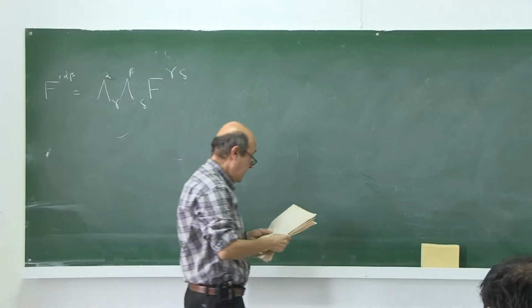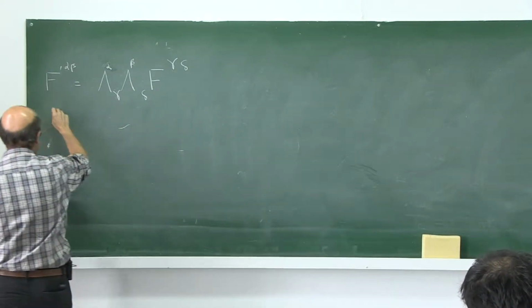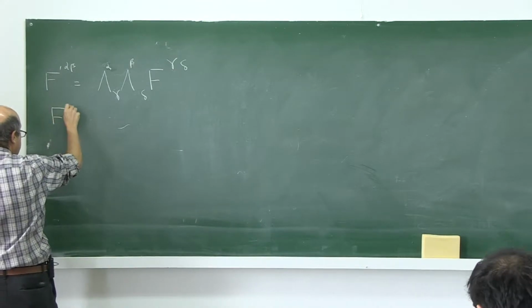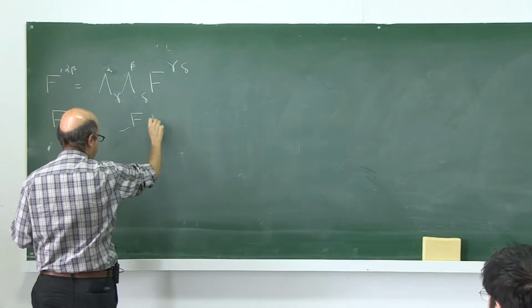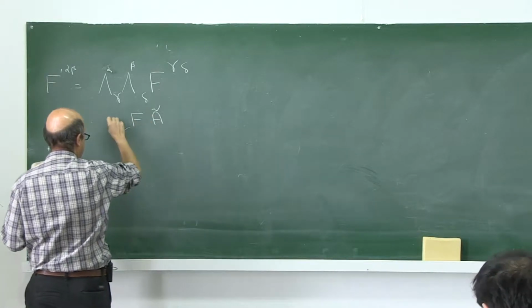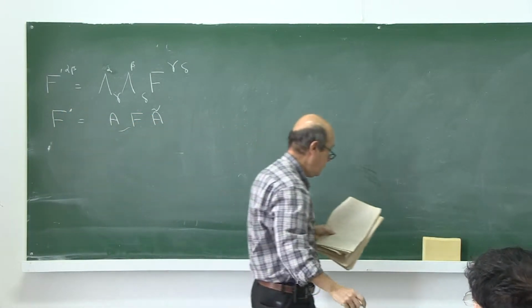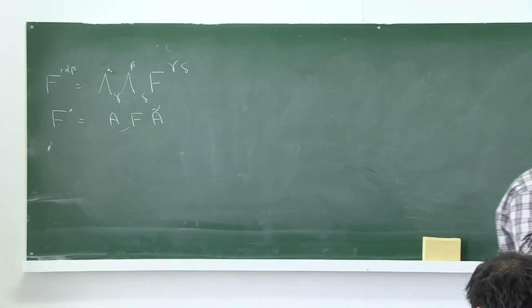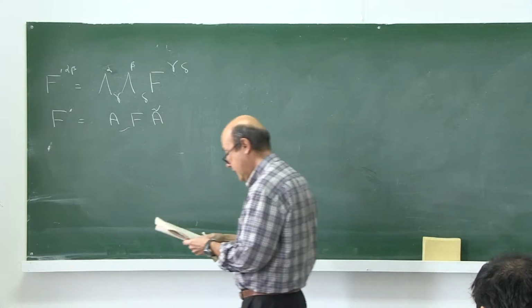And we said that you can write this equivalently in the matrix presentation as F prime equals A F A transpose, where A is the boost matrix. So we can derive easily the boost matrix in 3 dimensions. Already we have the boost matrix in 1 dimension, and let's say that